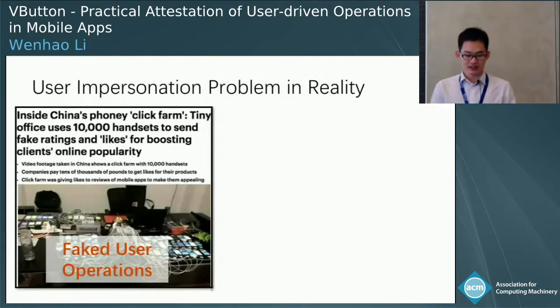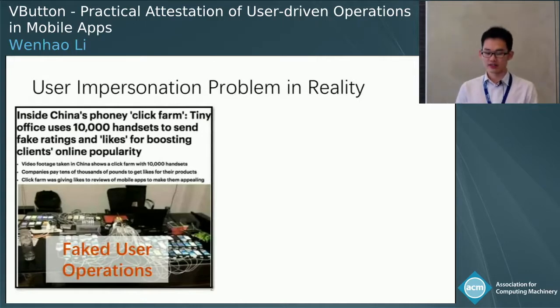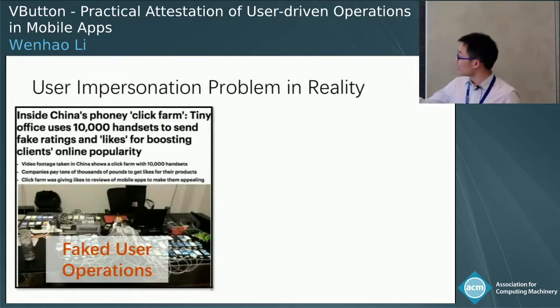So firstly, let's take a look at the user impersonation problem in reality, which commits various kinds of frauds. The first figure shows that there is a click farm in China that employs more than 10,000 real mobile devices to send fake user activities to earn repay or boost the popularity.